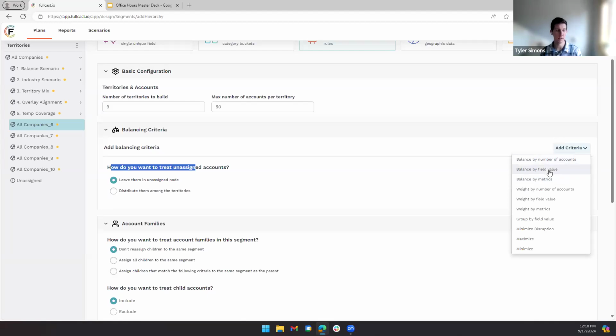Field value would be something where you're looking at a field and wanting to balance that. I've seen number of employees, so balanced by the sum of number of employees. And then metrics, of course, we've got all these metrics that we've built within the app, like ARR or bookings potential. If you're already adding that up, you can use those metrics. These two are kind of the same, because a lot of times the metrics that you build are very similar to the field value. The difference is that metrics can pull from related objects in Salesforce. So if you're bringing in opportunity level data, you can build a metric on it